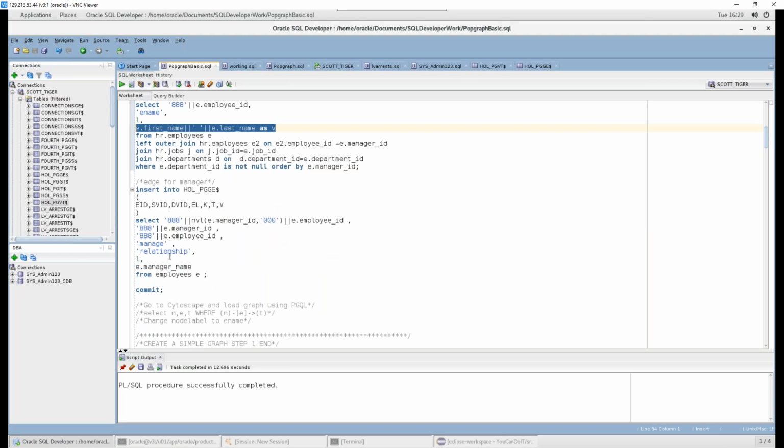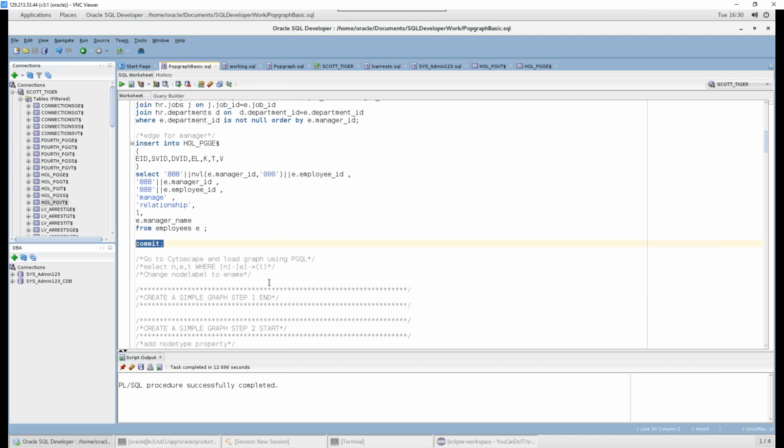I can then create an edge or relationship between various employees by indicating that there's a relationship between managers and employees. So if you take a look at this one, I've just created another unique ID for my edge table, and then I've referenced the manager ID from the vertex table and the employee ID and expressed the fact that there is a relationship between them, and then given it a property of the manager name. And then once I commit that to my tables, I'm ready to actually visualize that information in the